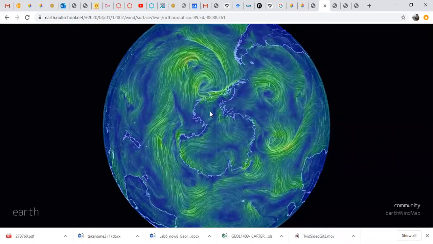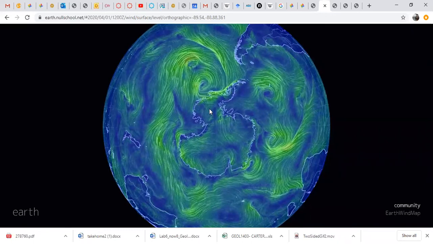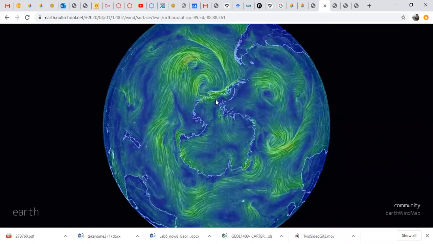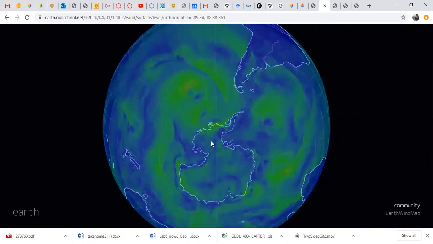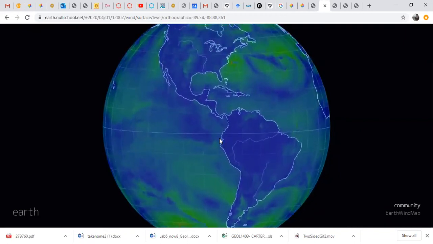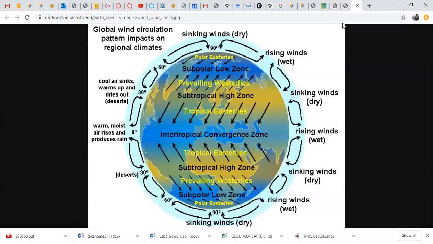So you want to basically qualitatively compare the direction that wind is moving on this simulation of the Earth versus what you're seeing in your textbook diagram, and get a sense of, basically, the point of the exercise is one, to get